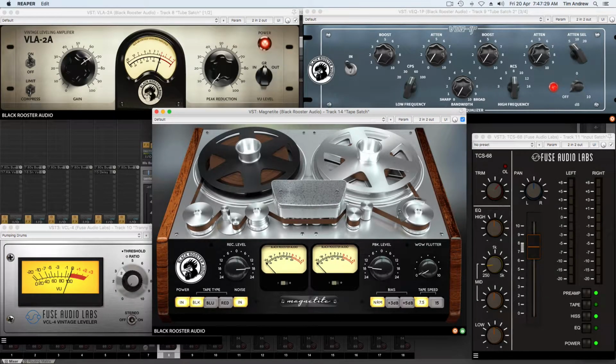Hey guys, want to take a look at saturation and saturation with plugins. I know there's a lot of people out there who talk about plugins and say you really should only feed them minus 18 dBFS, 0 VU. And that's pretty much good advice because a lot of plugins won't handle a higher volume and they won't actually